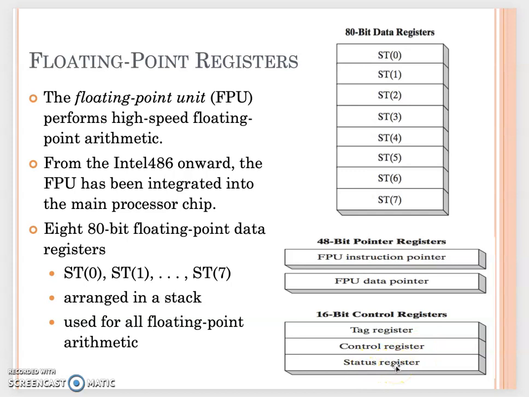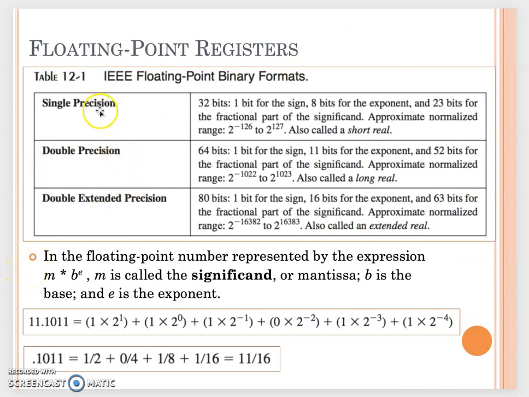But in this class, actually, I won't focus on how we will do the calculation for floating point. I just quickly introduce what registers we have. One thing is, you see from Intel 486, we already have eight 80-bit data registers. It's already enough to do the decimal calculation. So what I want to focus on is actually just showing you how we can do